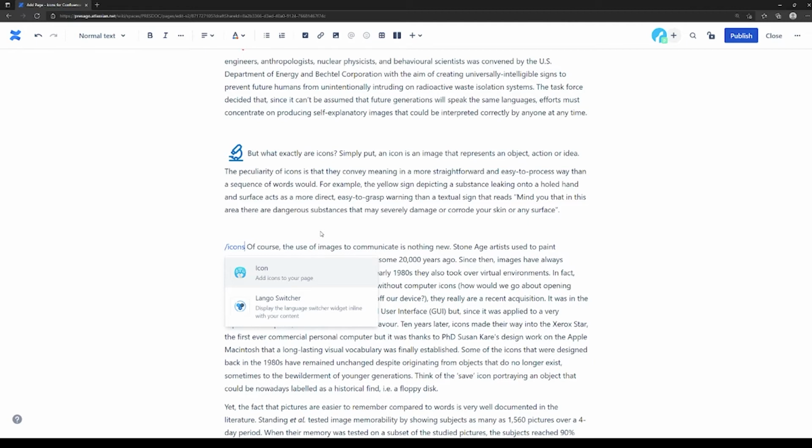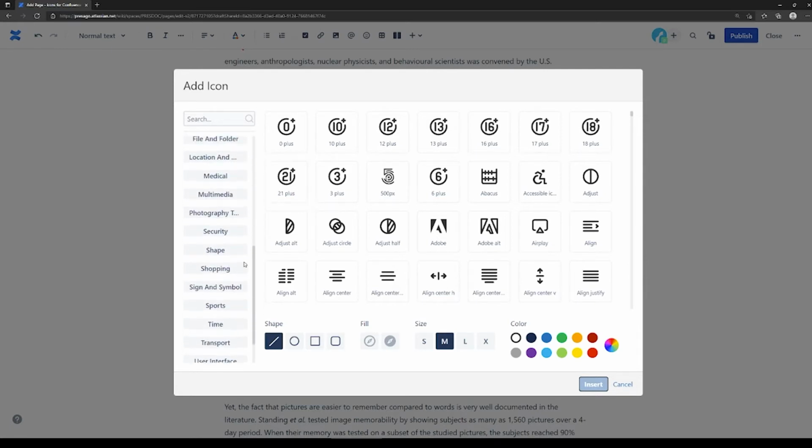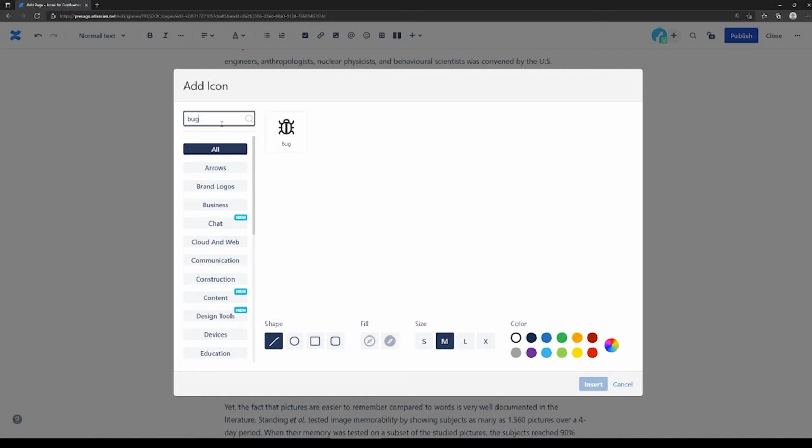a specific point. Here we find ourselves in front of the window we saw earlier, where the different categories are presented to us. At this point, we have two possibilities. If we know exactly what we're looking for, we can use the plugin's internal search engine by simply typing in the name of the icon. For example, if you're looking for an icon to indicate a bug, we will find it by typing bug in